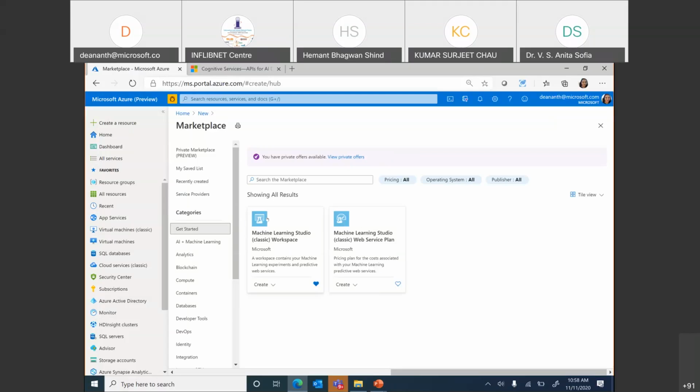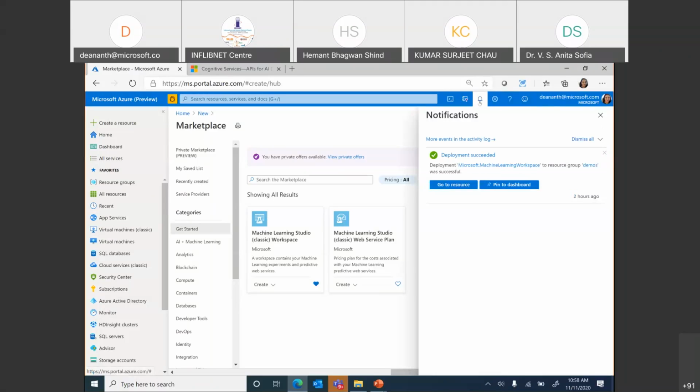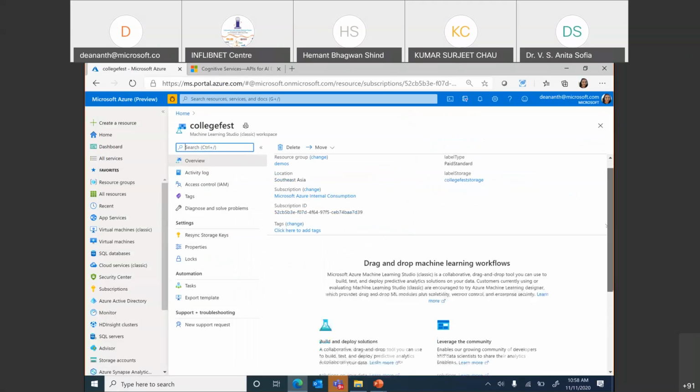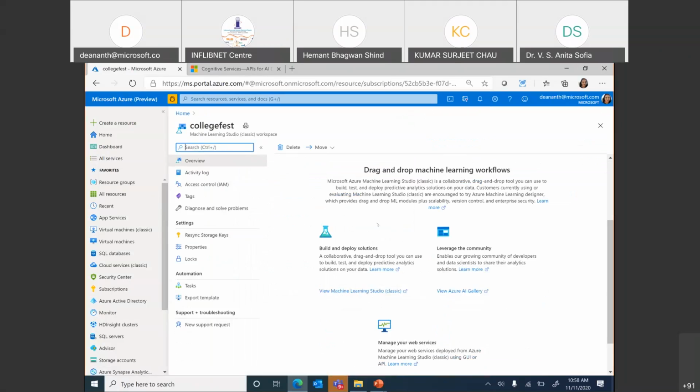Azure is available in 54, 57 odd regions around the world. Most services are available in most regions. So you can pick up the one that is closest to your customers or developers, depending on what scenario you're handling. And then I have clicked on it and it becomes available. It takes about 3-4 minutes for the service to become available. And now, as you can see, I am going to go to that resource of Machine Learning Studio for the first time. Okay. Now, what I would want to do with this is to actually build and I want to go to Machine Learning Classic.